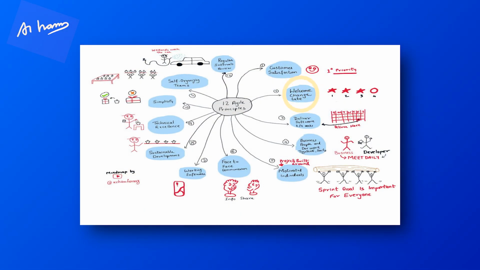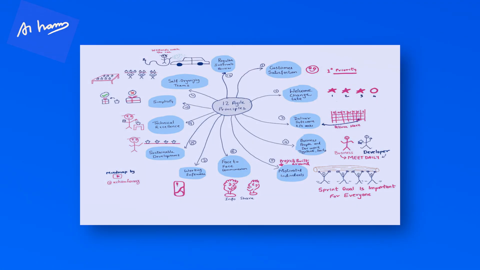For example, on the 4th day of the sprint, or on the 7th day of a 10-day sprint, some changes come in. We welcome that, but then something else has to go out, because Agile cannot bend time and space. We'll have to push something out and do this instead. So we welcome change in requirements even late in the development.